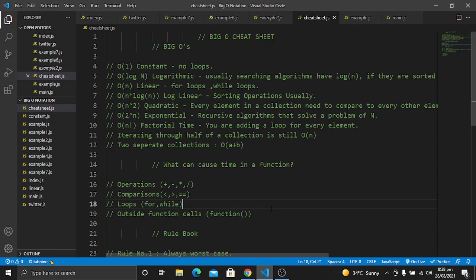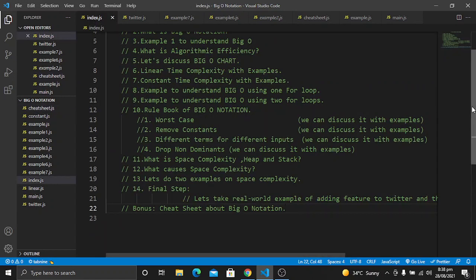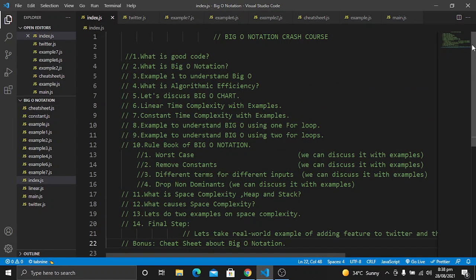These things will make you a better engineer, because they are very important wherever you go for interviews, for startups, for FAANG companies, whichever company you want to go to, they will ask about big O notation in the interviews, because these are very important. So these are all the things that I wanted to explain, and I hope you have learned from this video about big O notation.